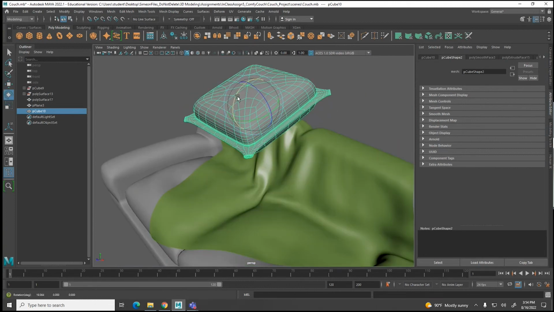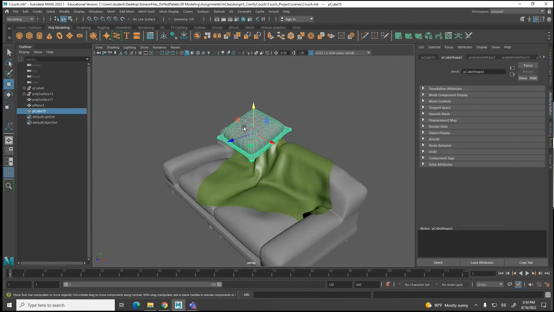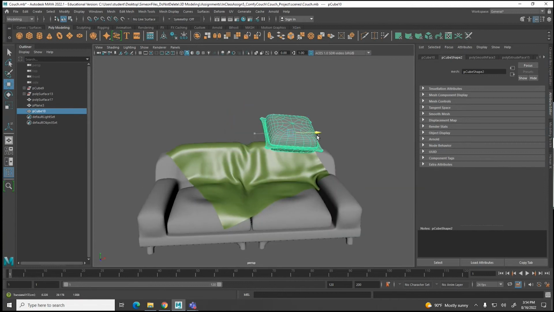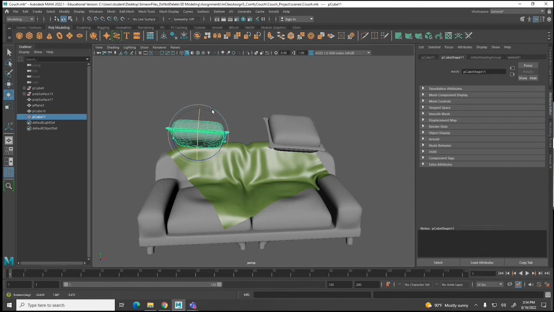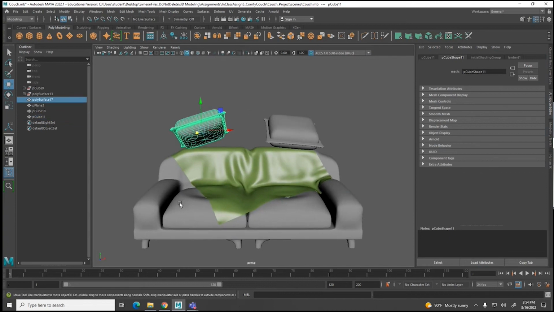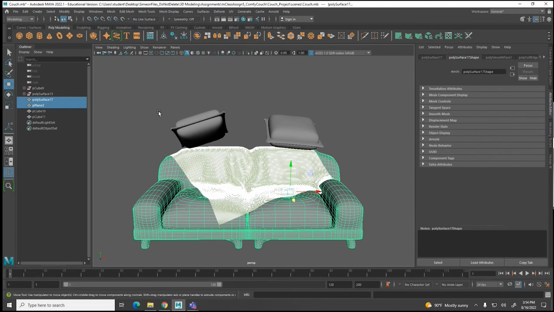Give it some rotation. Right. There, duplicate there. Right. And how does a cushion or a pillow end up looking like a pillow? It's been dropped. So go ahead and